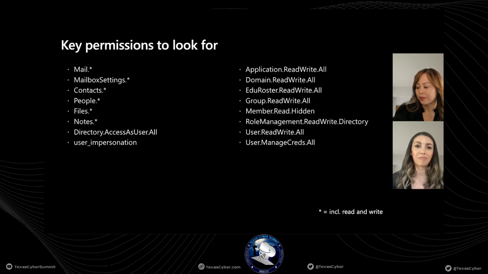So whether that's mail star, contact star, and when we're putting these root permissions, it's actually all the permutations of these permissions. It can be contacts read write, contacts read write shared. And maybe some of these you wouldn't consider risky, because mail read is a common one, right? But what we're noticing is that usually